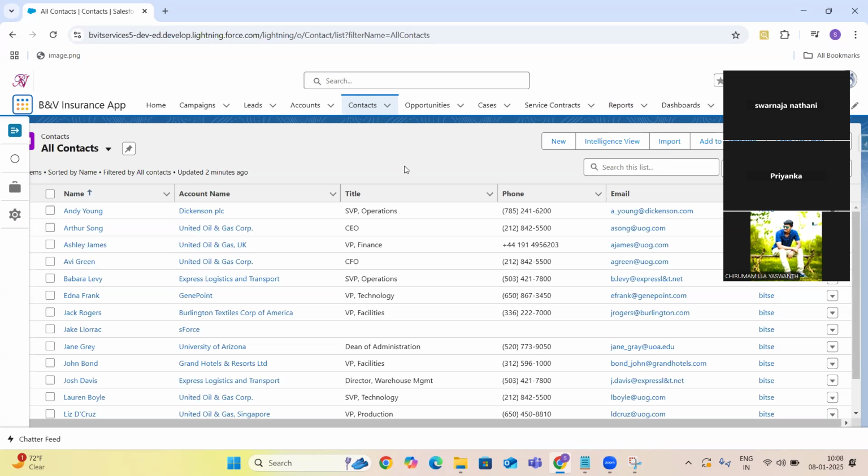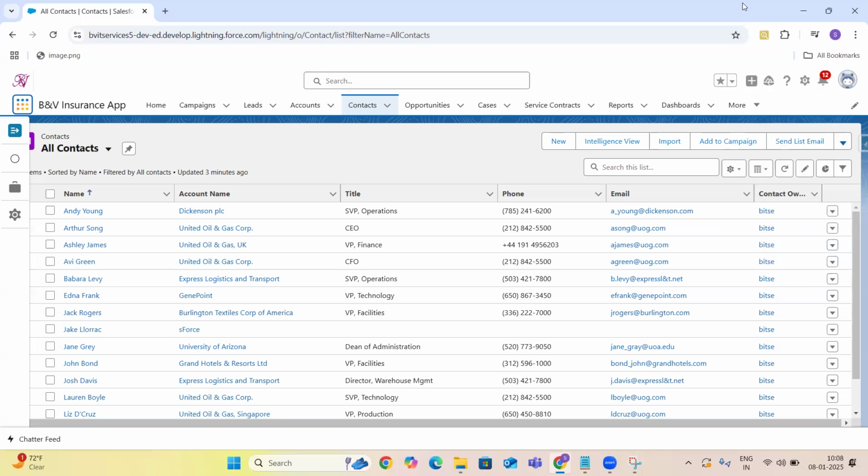If it is not possible using profiles and permission sets, then what is the option? My requirement is to control records depending on some criteria or some profiles. The option we have for this is sharing settings.